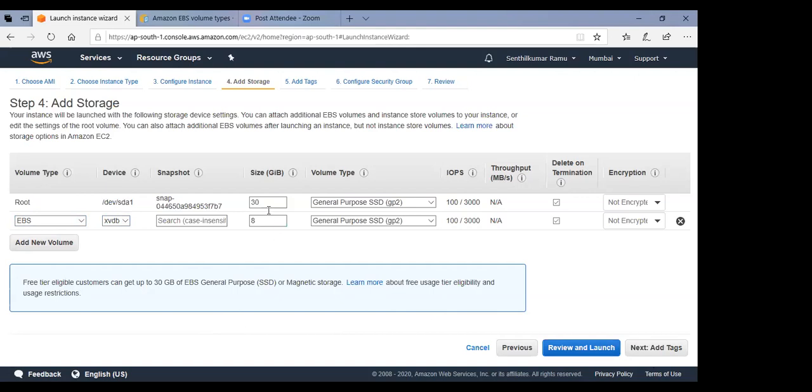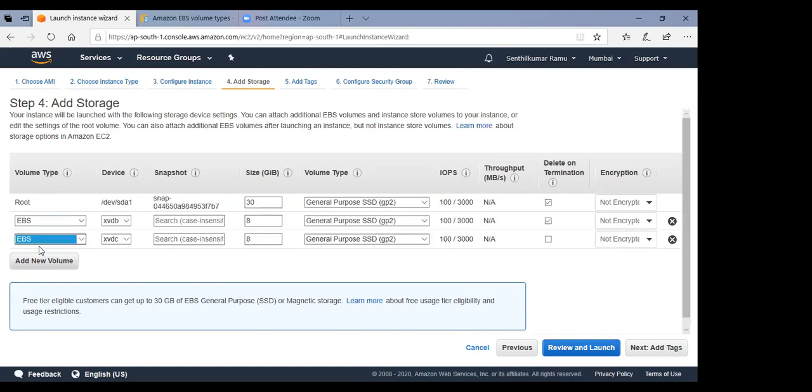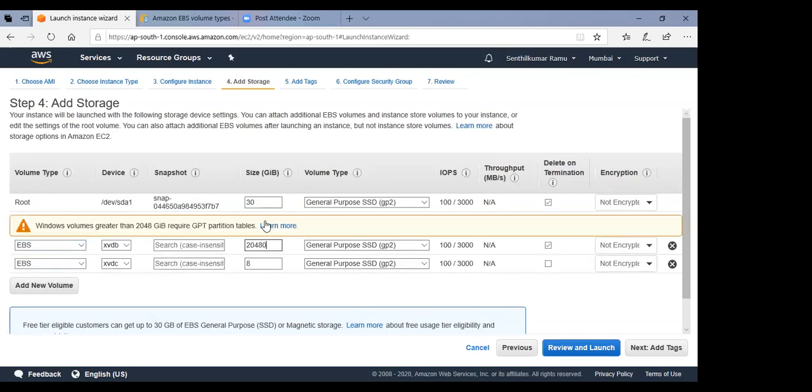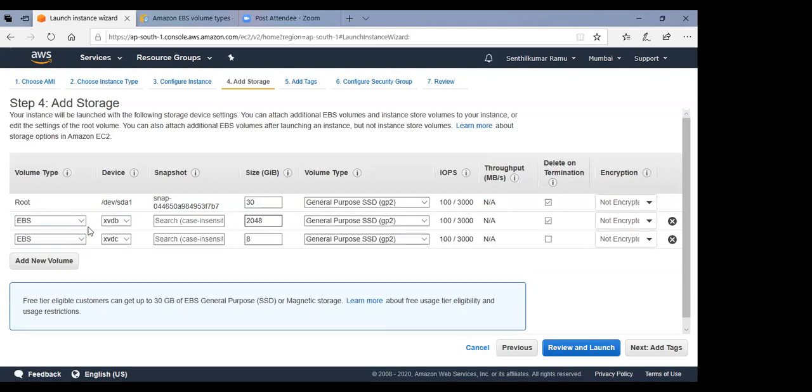By default, that 30 GB is the OS disk. And this 8 GB is for data. You can increase it to 2048 as you said, right? Yeah, correct. That is what we said. No, this doesn't have a limit. You can go to any limit. Senthil, do we have to pay more for this, or will it come with the instance itself?